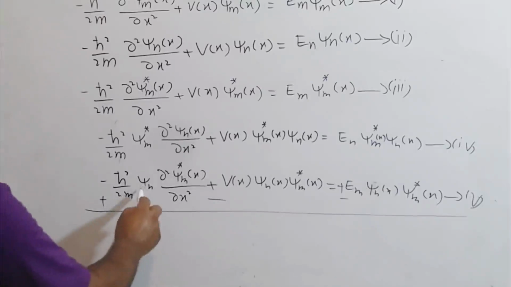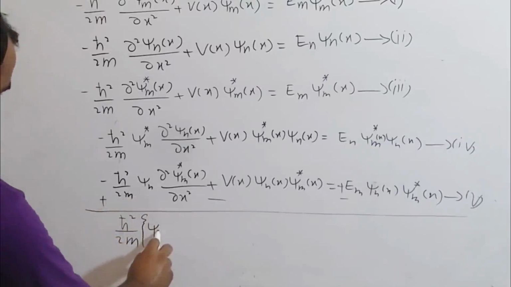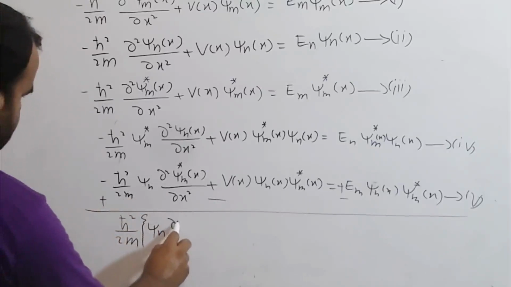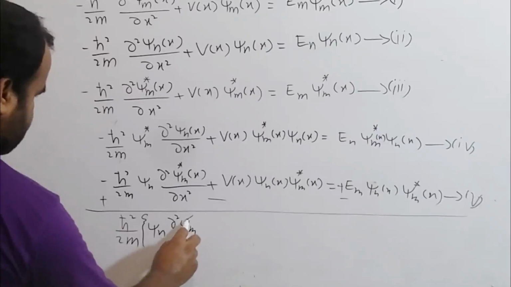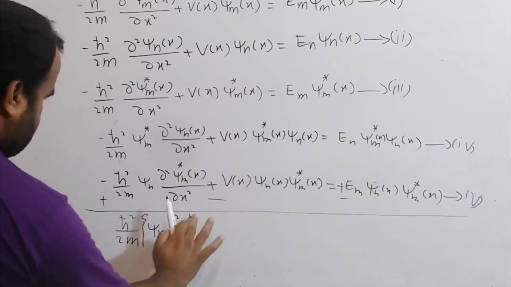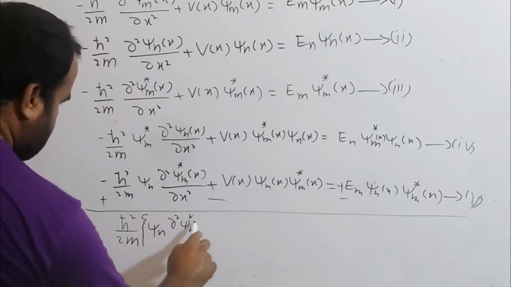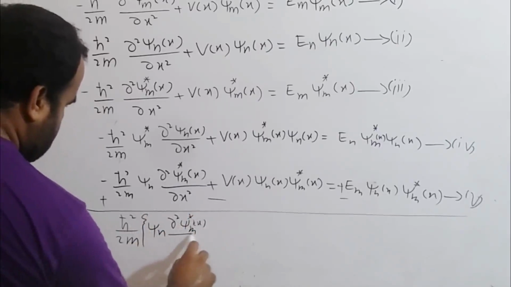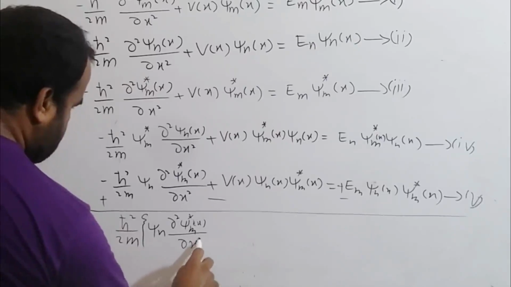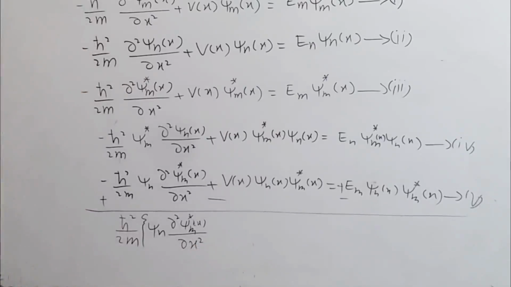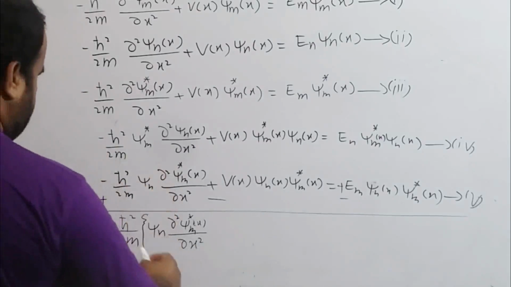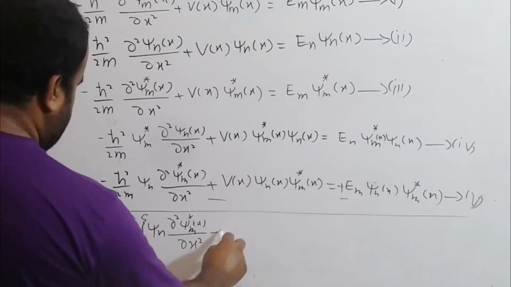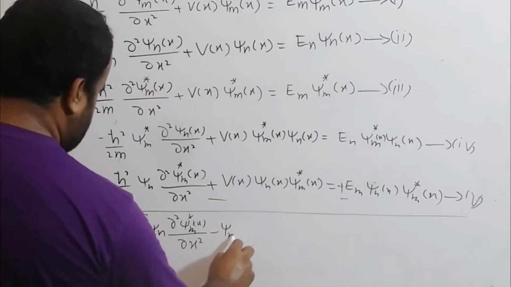I am writing first positive, since this is a positive term, ψn ∂²ψm* divided by ∂x². Okay, and since this is negative, we can write it just like minus ψm*